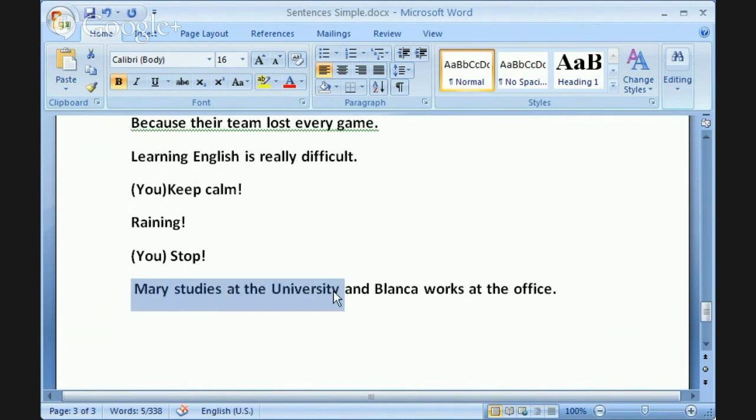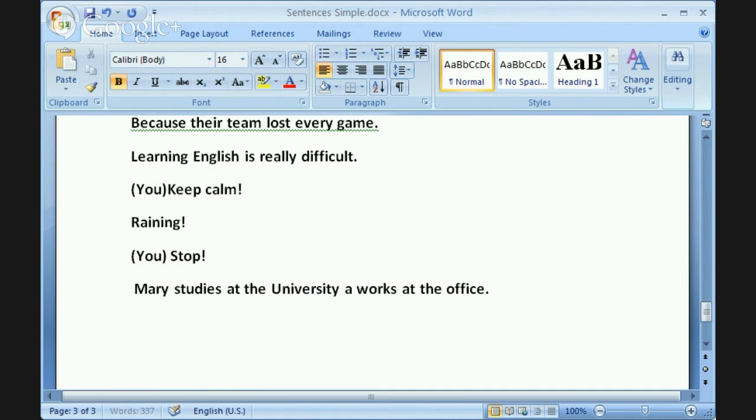This is two independent clauses connected by a conjunction. You have constructed a compound sentence. And this is tomorrow's lesson. Okay. You're one day ahead. But if you erase Blanca,